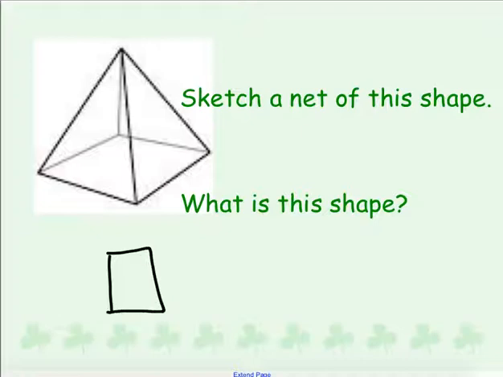And from each of the sides of the square, if you were to unfold it, we would see that we have triangles on each side. So this would be a cut it out, fold it up,